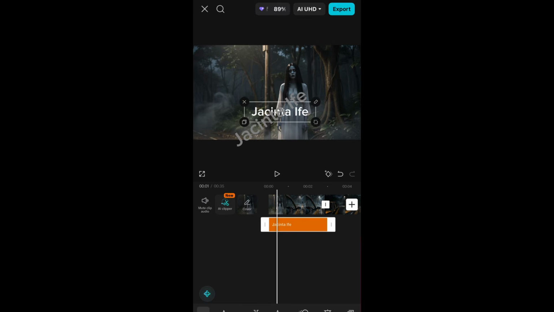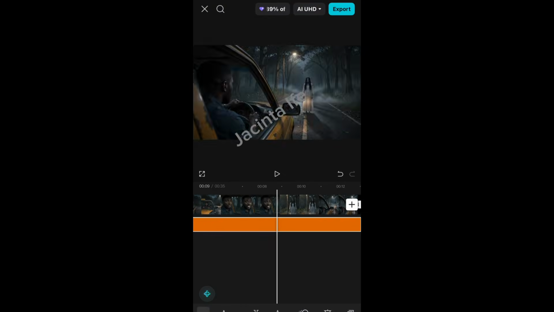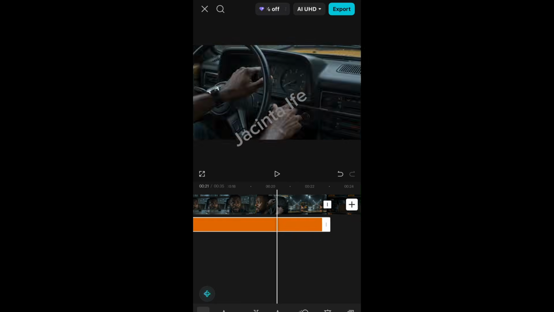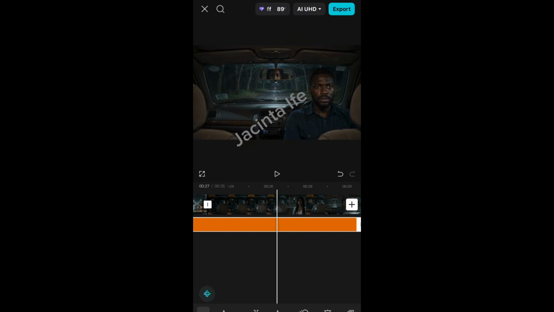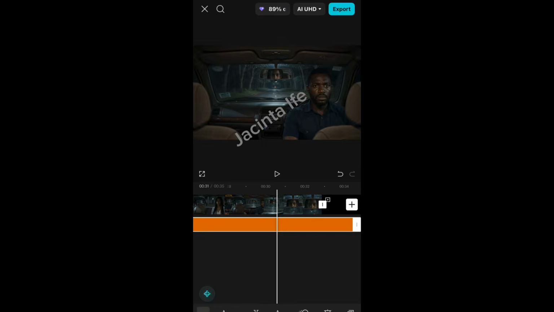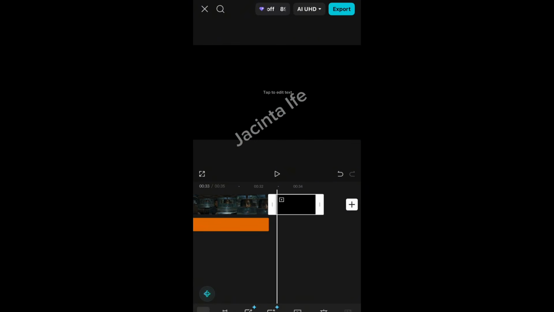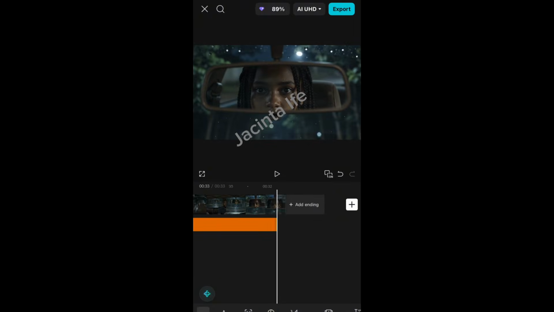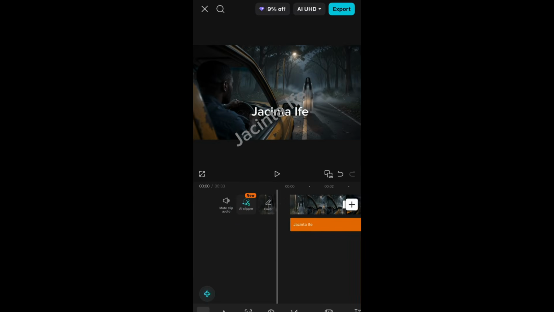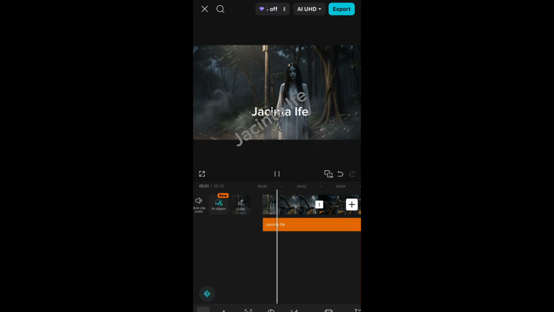Ogbata Road. So I'll drag the watermark across all videos, across the whole. So this is it. So I'll just delete this watermark here. The CapCut watermark, I have to take it off. So this is it.